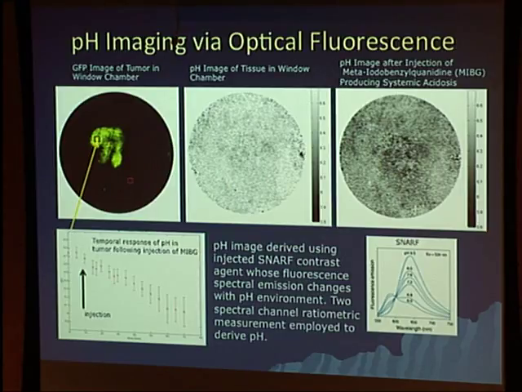Just one more example of this is in the mammary window chamber of being able to image pH as well, the same kind of thing. Wei Min's been looking at trying to modulate tumors' pH by sticking in things like MIBG makes them more acidic. You can give the animals bicarb, make them more alkaline, and increase the pH. And that's actually being investigated as a potential therapeutic approach to alkalinize people to make them less sensitive to tumor growth.